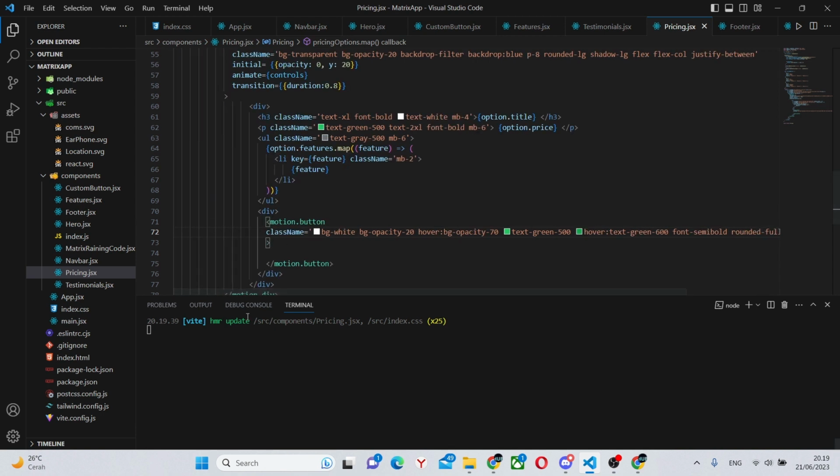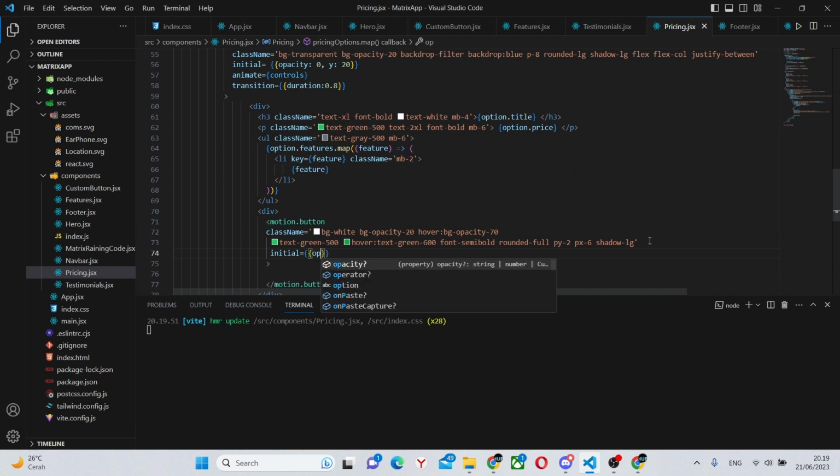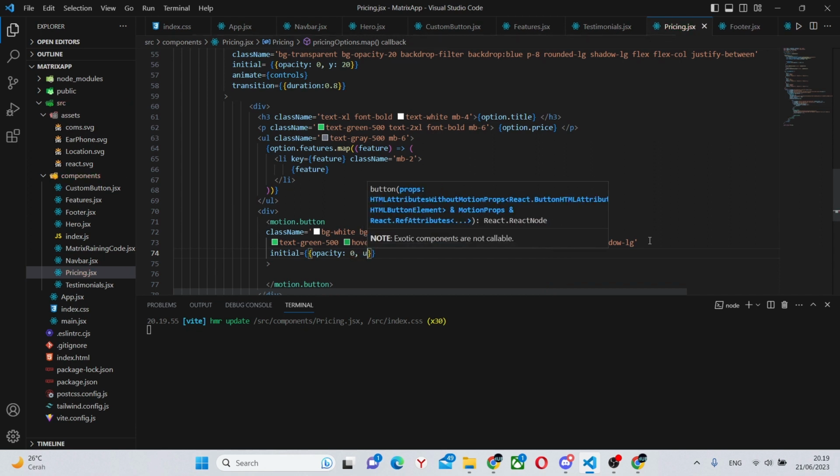In this button we'll have an initial state, initial equals opacity 0 and a y of 10.